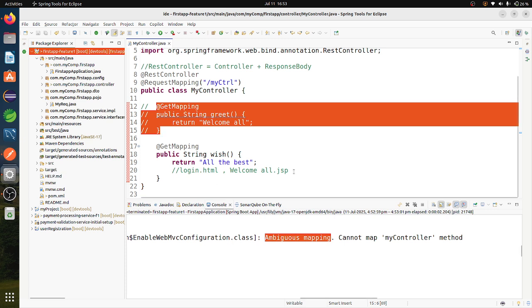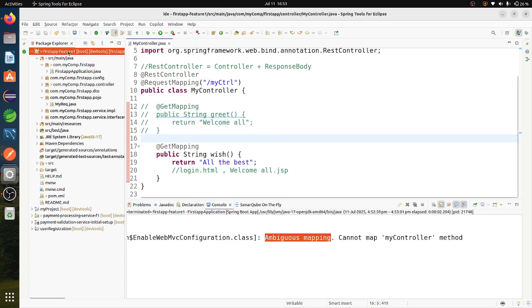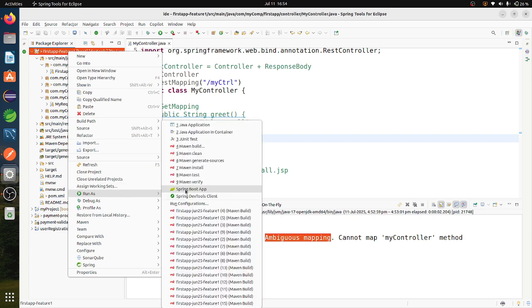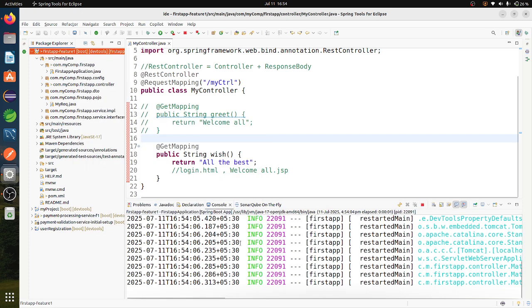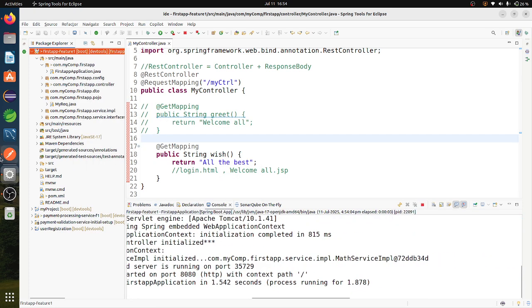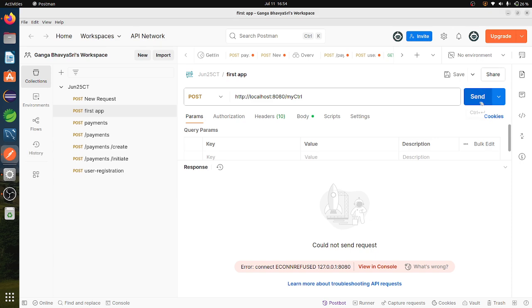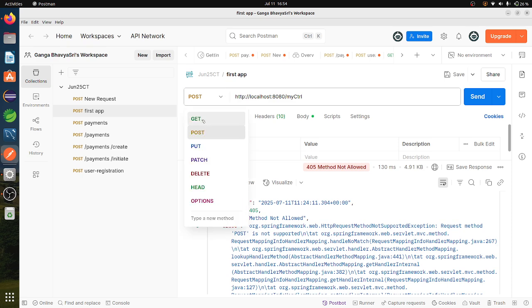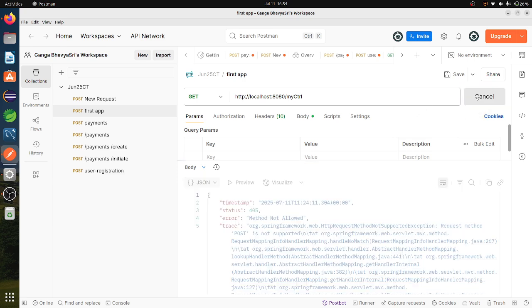I'll run this once again. Now it's running, and I'll send a request. Okay, I change it to get, so I will change to get here also.